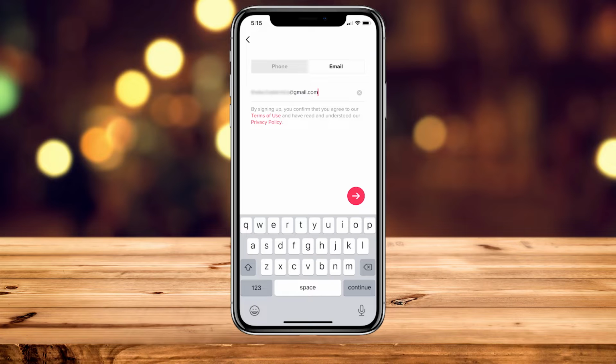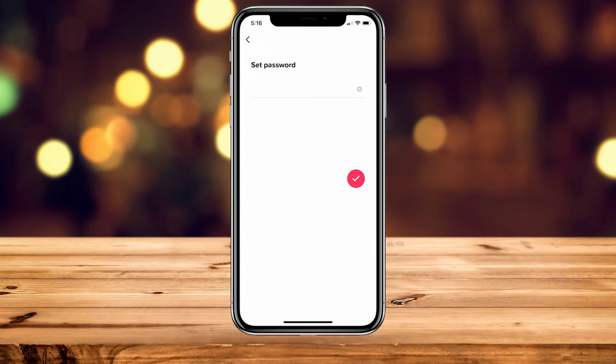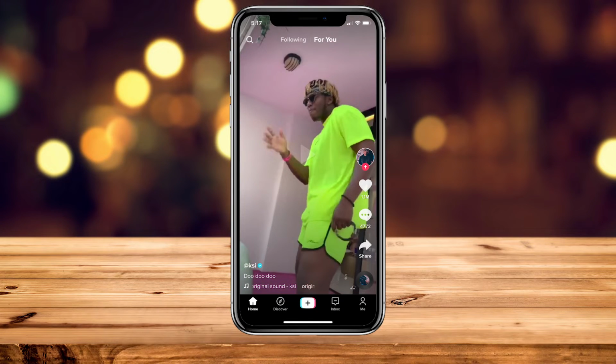So once you've entered in your phone number or email address, in this case it's going to be email, you want to go ahead and click on continue, and it's going to ask for some sort of verification to make sure that you're not a robot, so just go ahead and do that now. You're now going to be asked for a password, so just go ahead and enter in a strong password and then click on continue. Once you click on continue, you'll be taken back to the home screen where you're going to see creators upload, and again you can go ahead and swipe through these